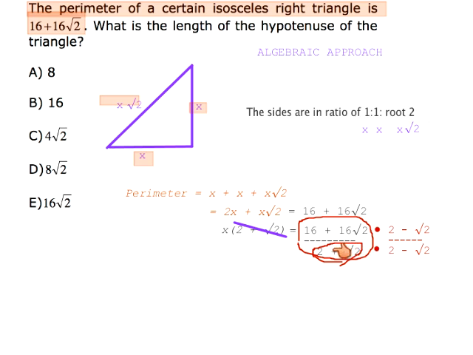So this bottom part is going to be 2 squared minus square root of 2 squared. It's just going to be 4 minus 2 once it's all said and done. The top you're just going to have to do, though. You're going to have to multiply it out. It's just going to be kind of icky. So